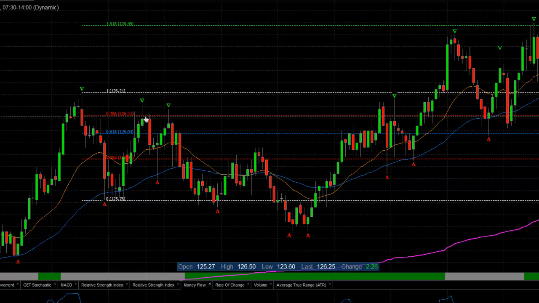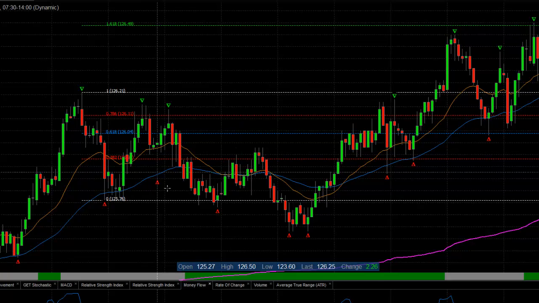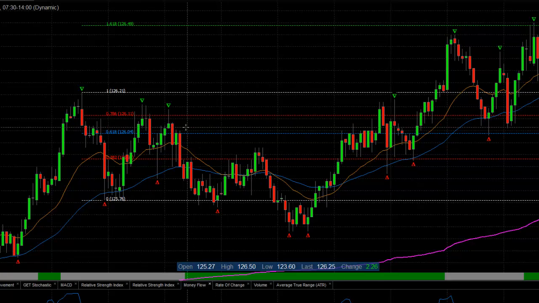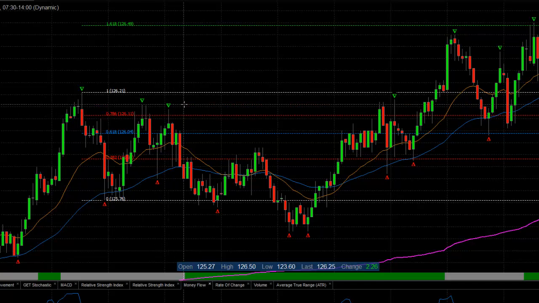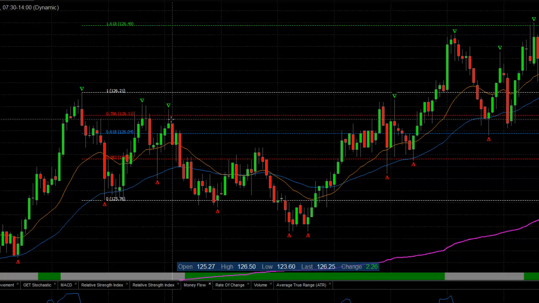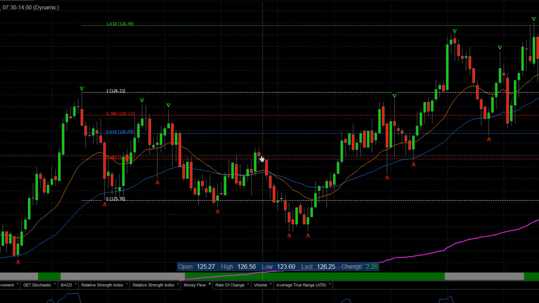I can't remember now. And again, I've got a grid up now so I can watch where in this pattern price is heading. And again, it's showing me it can't get back above 78.6. So I'm thinking we've got a chance to make this thing work. And so I shorted again, and I forget offhand what level. I think it was around the 38.2% level, which was around 125.93, 95. And we hit the bottom, bounced up again, and failed